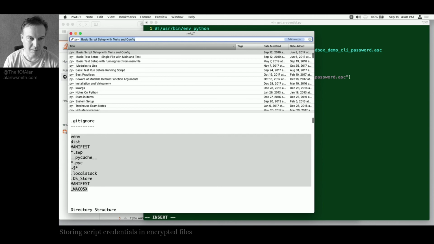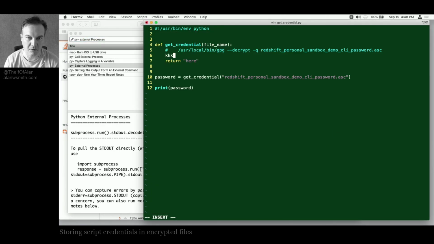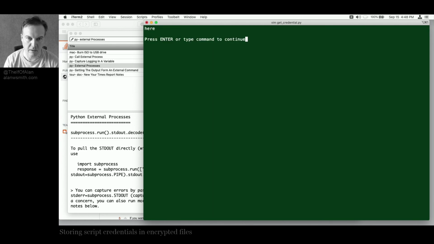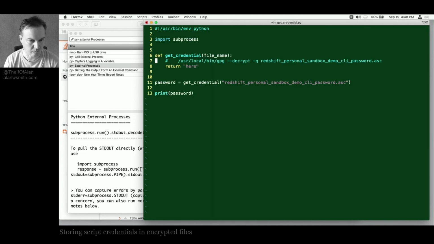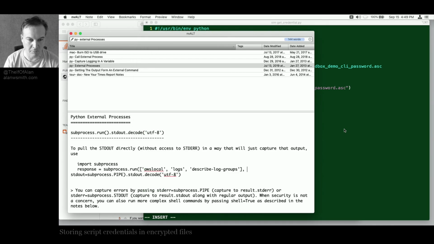All right, external process. So we need to do subprocess up here. We still alive? Yeah, we're still alive. Data, I guess. I mean, we could just straight return it. I don't know what the Python lords say, if you should just return something or if you should throw it to a variable first, but